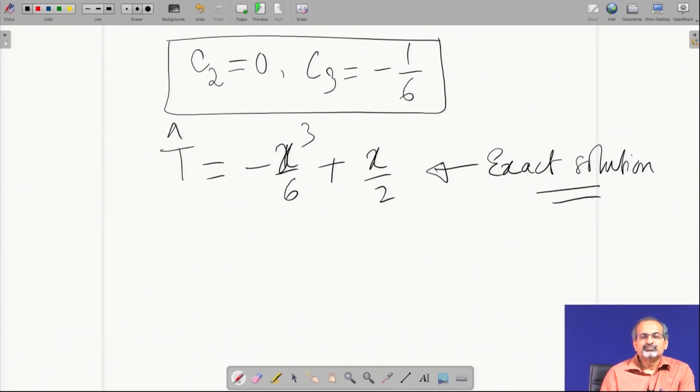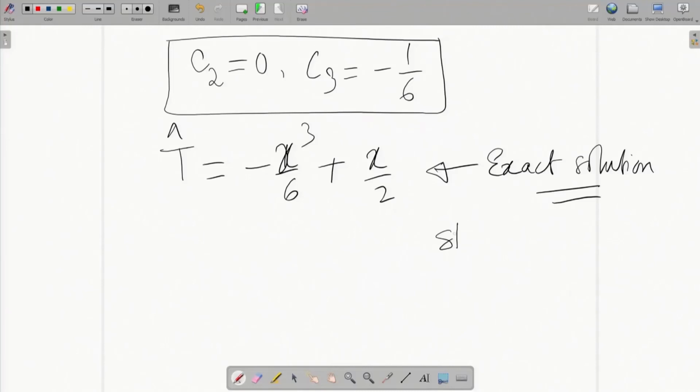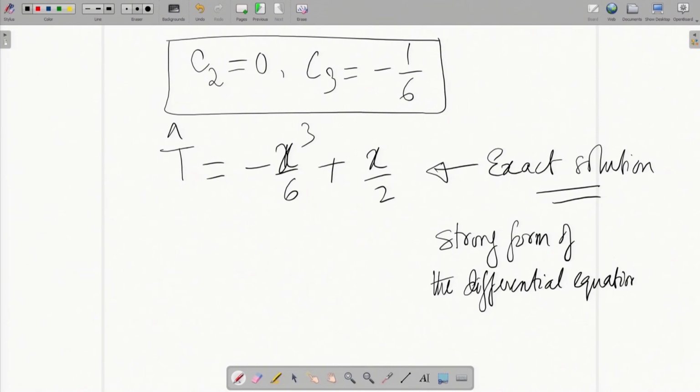Remember that here we have used the so called strong form of the differential equation. That means, we have dealt with the differential equation with the highest order derivative that it had and worked out the trial solution based on that highest order derivative. We will discuss another technique which is called the variational formulation or the weak form of the weighted residual technique in the next lecture. Thank you.